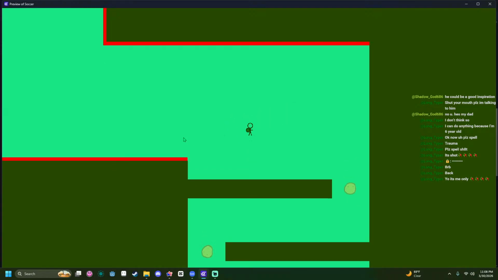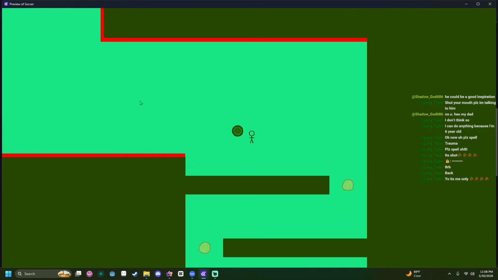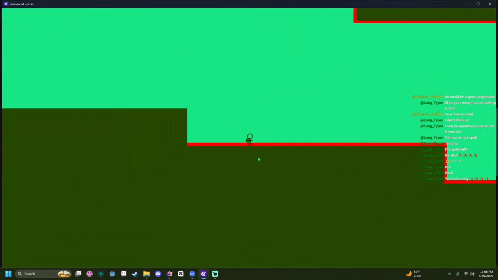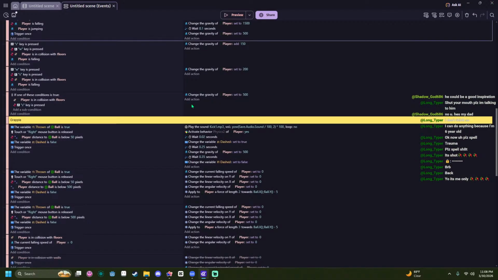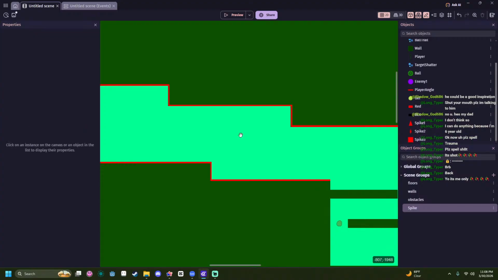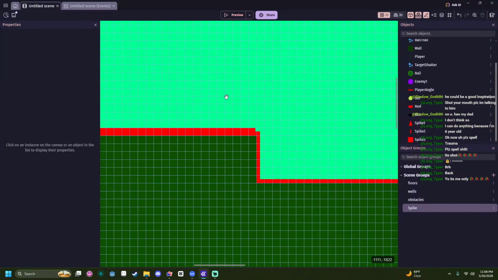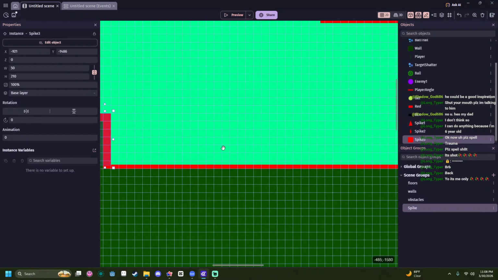Okay. Oh. Okay, but it does work now. But we can walk through this, so that's a problem. I guess we'll increase it slightly. Yeah, just do that. Just increase it. Yeah, there we go.